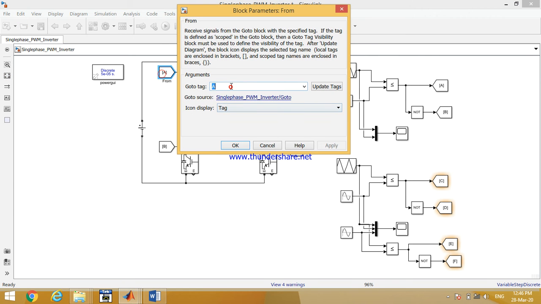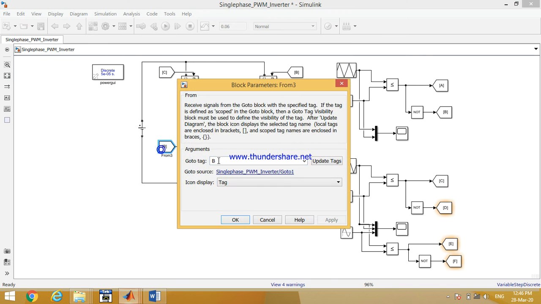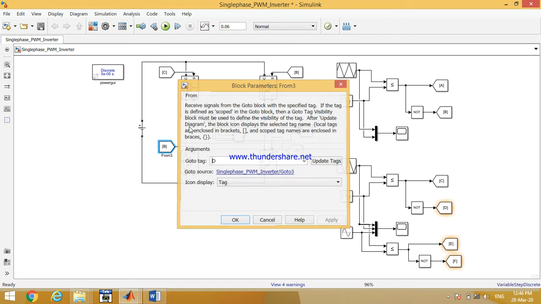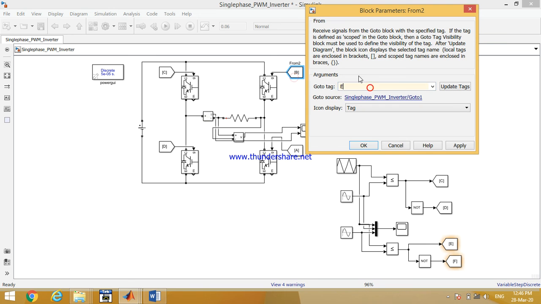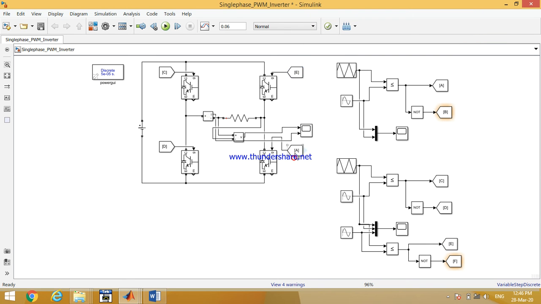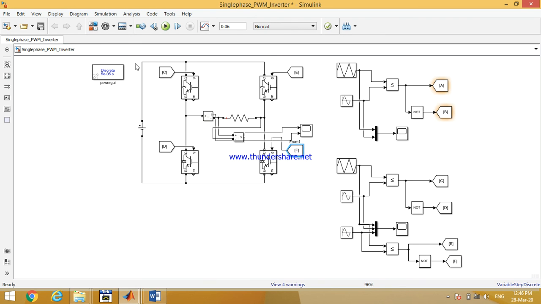The pulse given over here is named C. The NOT of C is D. Here we'll give E, and the NOT of that is given as F. So F, right? Now we just need to run the simulation,